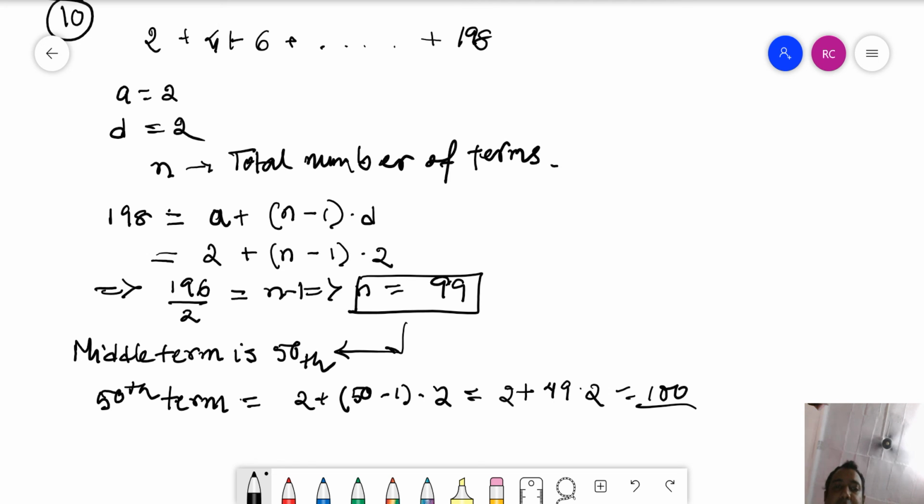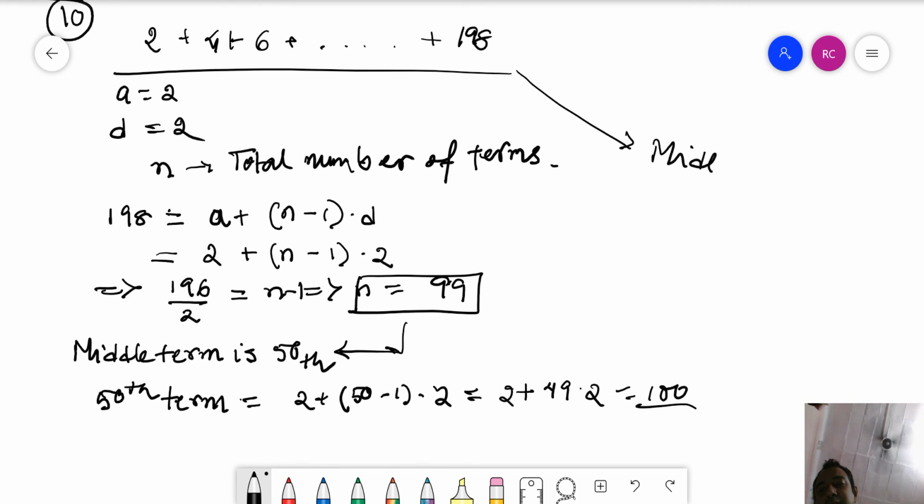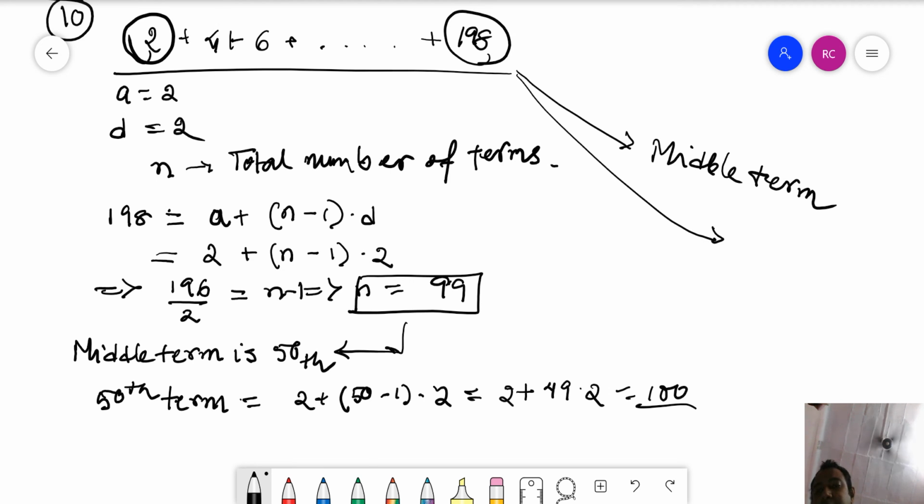There's another very interesting way of doing this, and it's a much shorter method. Since we have been asked to find the middle term, we can assume that there are an odd number of terms, because an even number of terms would never give us a middle term. So we assume there are an odd number of terms, and when we know the first term and the last term, the middle term would be just the first term plus the last term by 2,